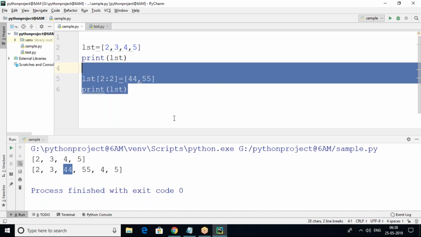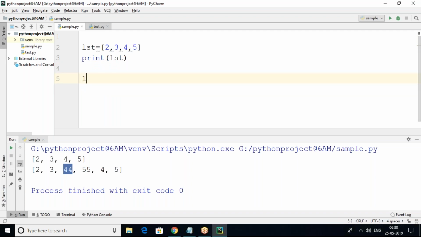Multiple values. Okay, how is it possible? You can see lst.append(99). I want to append this value, but by default the append and extend methods will add elements to the list at the end. That is the difference. Previously we showed the assignment operator, where you can decide with the index where to start adding. But now the append method obviously adds at the end only.